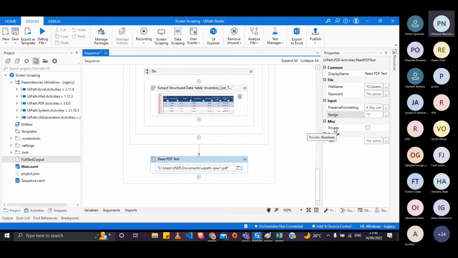Now, private is something that is only needed when we are publishing to libraries, so we won't look at that now. And then for the output, this is where we put the variable that we want to store the text in. So let's store the text in